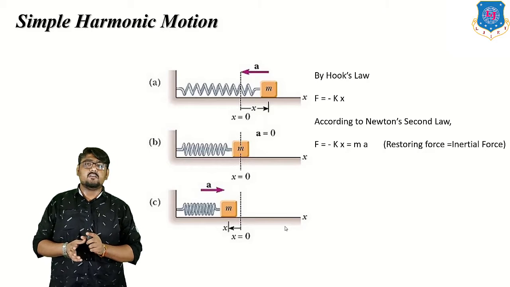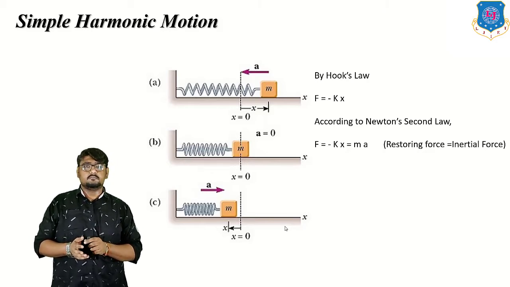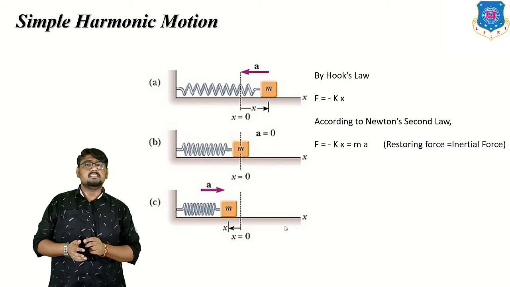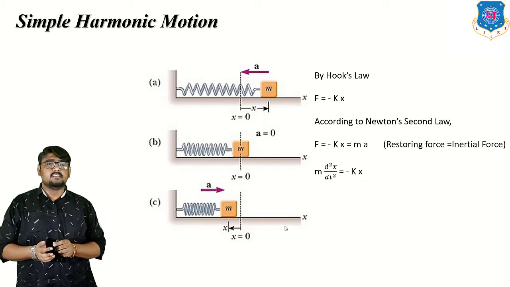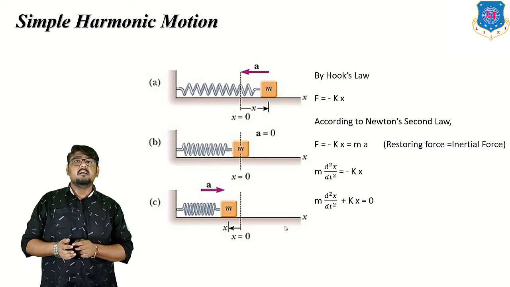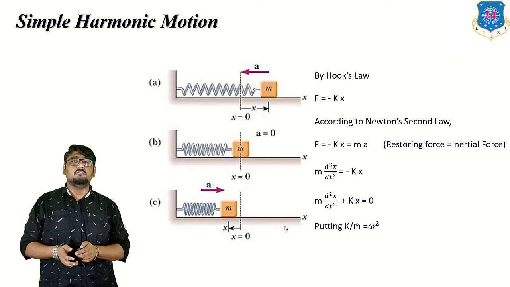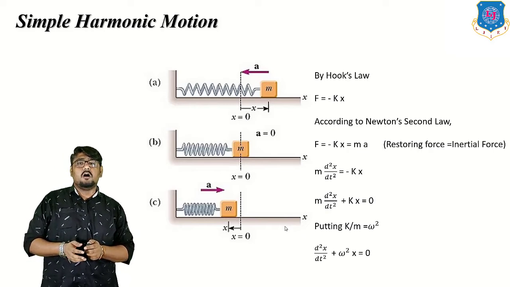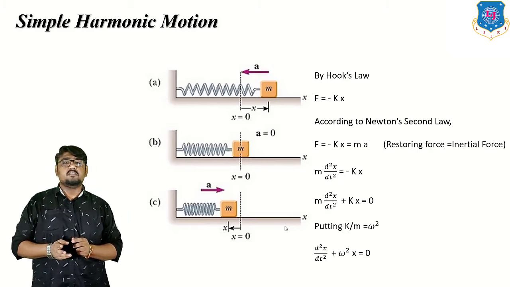So we can say that the restoring force is equal to the inertial force. On placing the value of acceleration as d²x/dt², we get m d²x/dt² = -kx. On rearranging the equation, we get d²x/dt² + (k/m)x = 0. This equation is merely another way of writing Newton's second law and is known as the differential equation